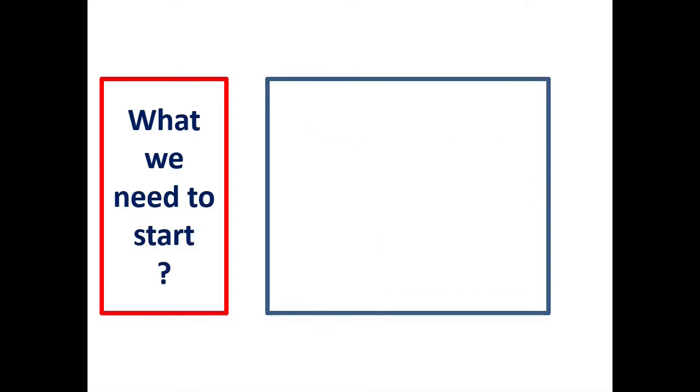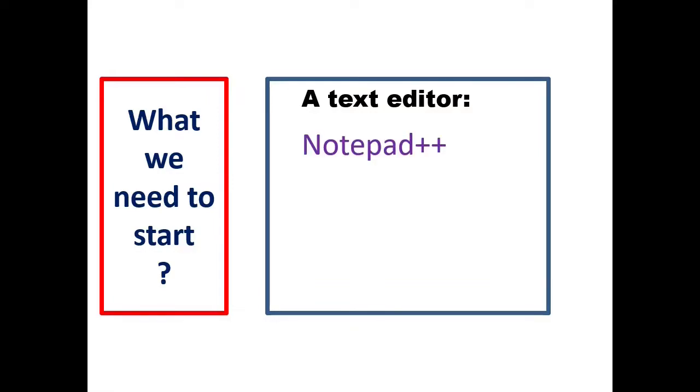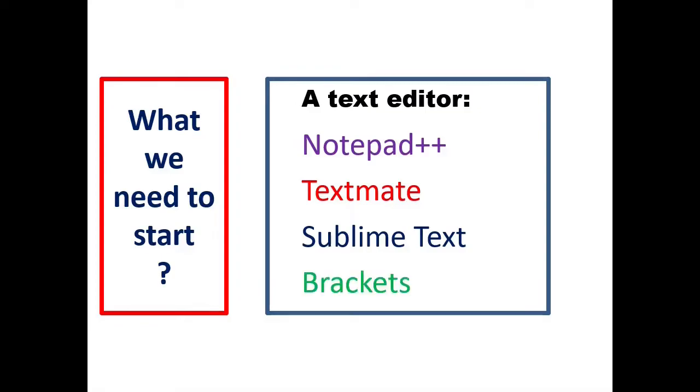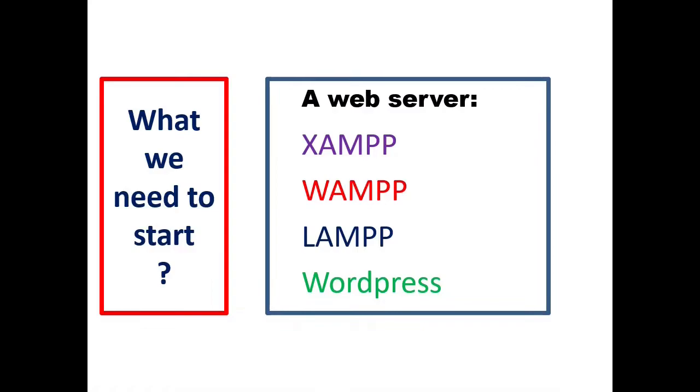The other tool we require is a text editor. Text editor allows us to type the HTML code. We have a lot of text editors available for different purposes. The list I mentioned here are text editors for writing different language codes. I prefer Notepad++. Along with these two tools, we require one more separate tool to convert our system into a server to host our web pages. So there are different tools available for this purpose. Since most of us are using Windows operating system, the XAMPP tool is preferable.